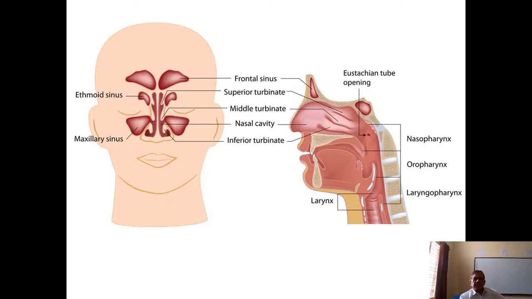So we need to understand what is the function of this nose. You can also breathe through the mouth, because if you breathe through the mouth, the air goes through the oral cavity and then it goes into the oropharynx, laryngopharynx, and the larynx, and thereby it goes into the lungs. So you have the other passage also, but what is